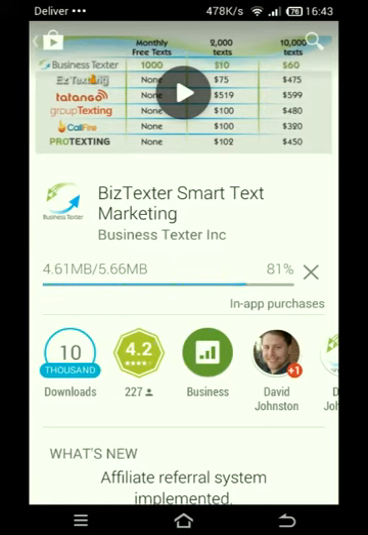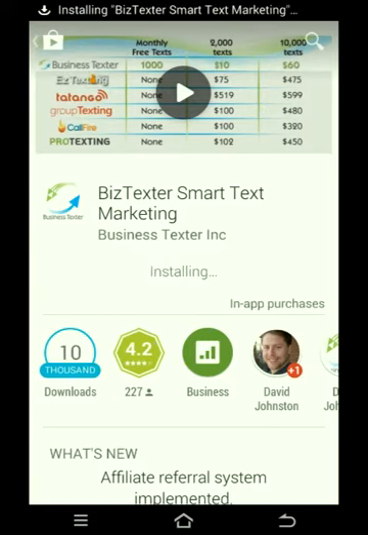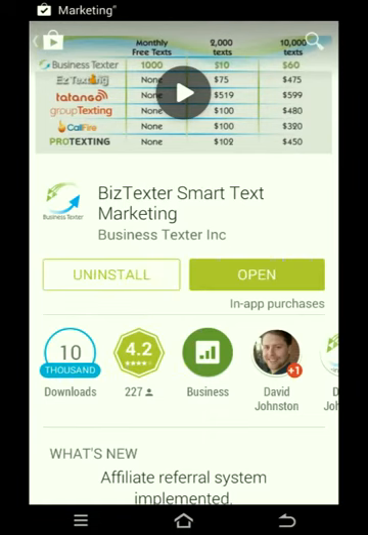Alright, we're almost done with that. It's installing right now. Now when you do a fresh install of Business Texter, you're going to have to input your information in. I want to touch on one thing here. When you download Business Texter from the Play Store, this doesn't apply to all users, but to some. When you download Business Texter, make sure